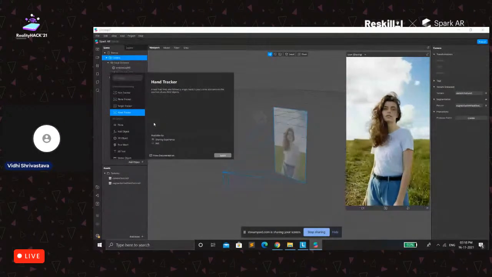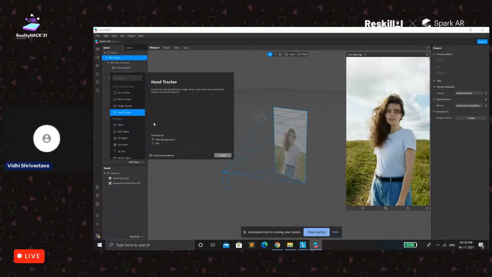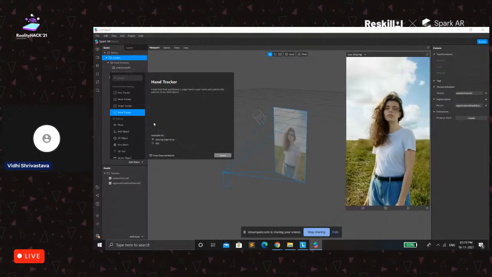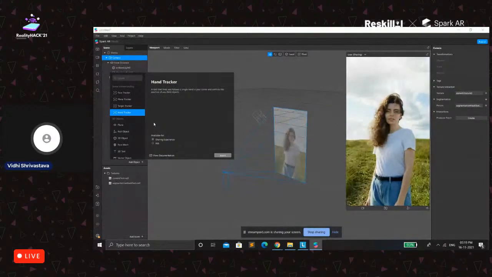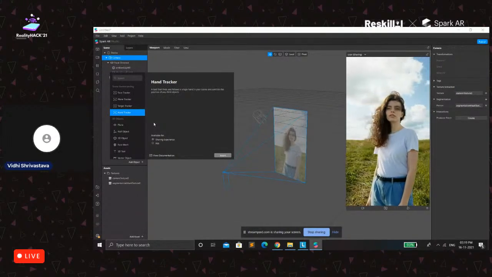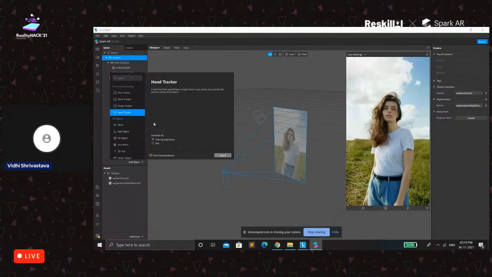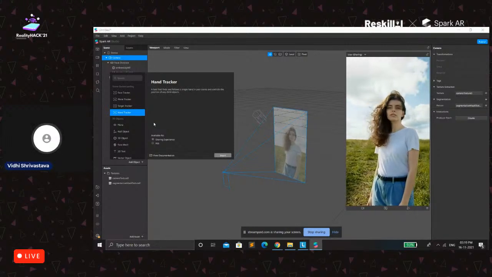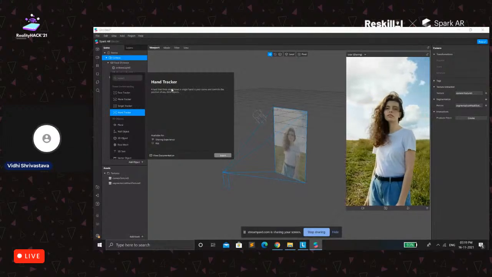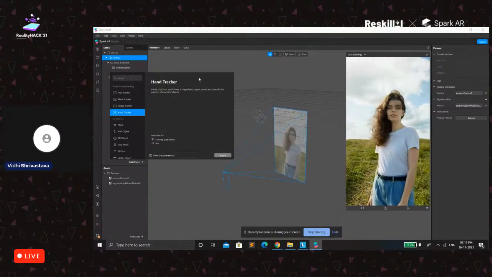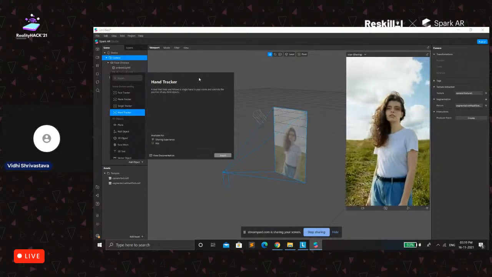If we talk about the hand tracker, it is something like: if you show your hand towards the camera, it will show the signals, and you could see whatever you are adding to your hand. For example, if I add a 3D object called ball and put it into the hand tracker, whenever I show my hand, at the same time you could see that ball on my hand. It is basically a tool that will find and follow a single hand on your screen and control the position of the child objects.